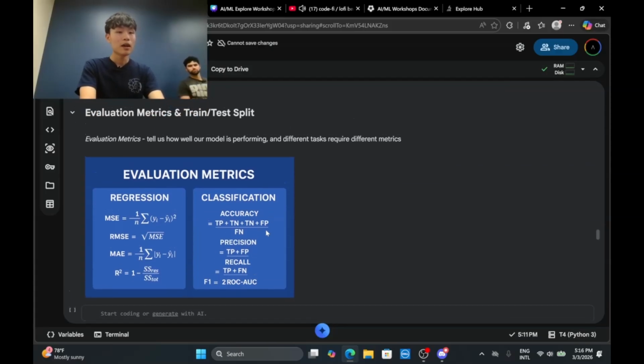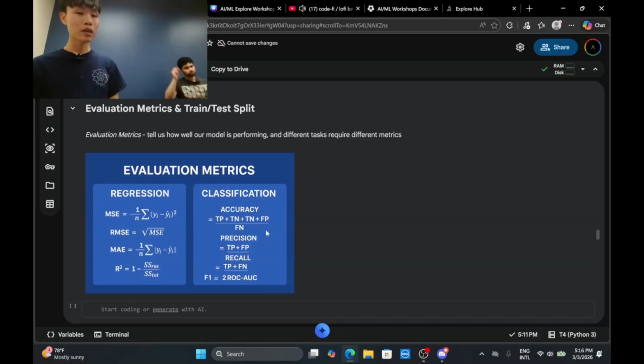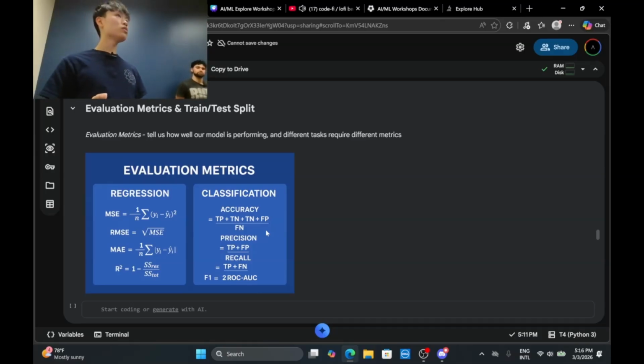The next thing I'm going to go over is evaluation metrics and train test split. So, evaluation metrics. After we train the model, we want to evaluate our model to see if it's performing well or not. And a way to determine whether it's performing well or not is through evaluation metrics.